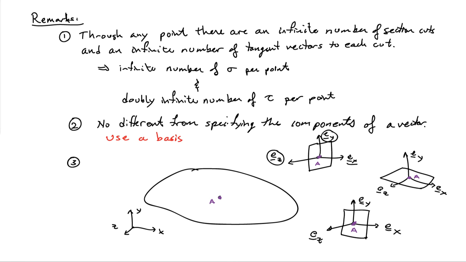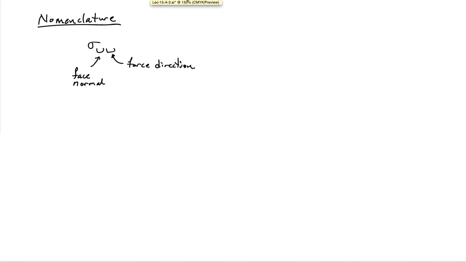Later on, we'll see that we can reduce it a little bit using some other principles of mechanics, but for now we have 9 separate values. To organize those values, we have a bit of nomenclature. So we'll use the symbol sigma for the stresses, and we're going to attach to it 2 subscripts. The first subscript defines the face normal that we're looking at. And then the second subscript defines the force direction, whether it's normal or tangential to the face